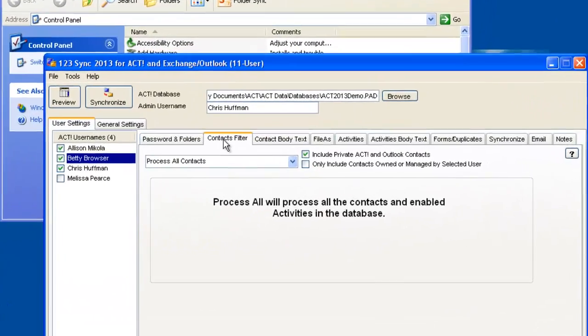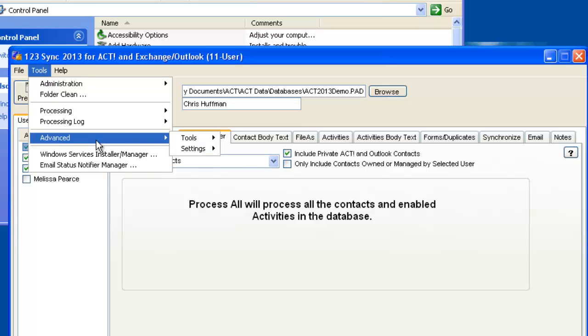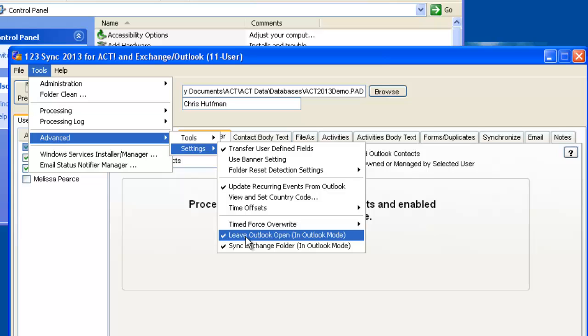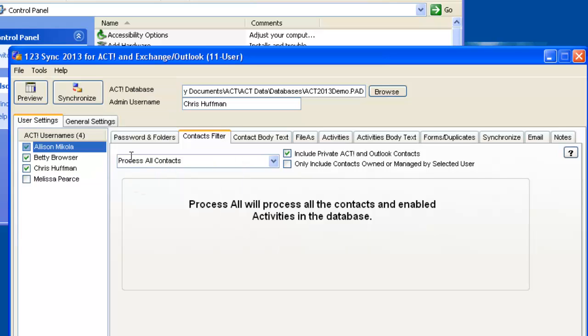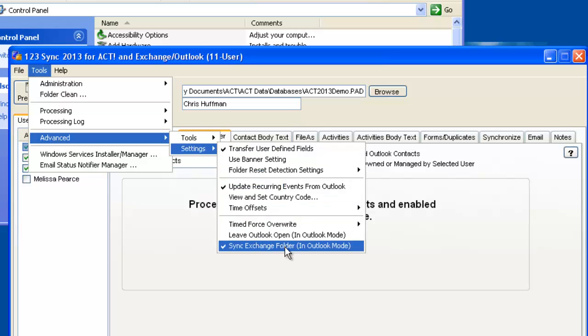One of them is the contacts filter. Make sure that you got all the contacts or whatever selection of contacts you want to bring over as well. And then we need to look at the advanced settings, and on the advanced settings we disable the leave Outlook open, and you make sure that we have sync Exchange folder. And that means that at the end of the sync, it will actually force a hard sync between your local server